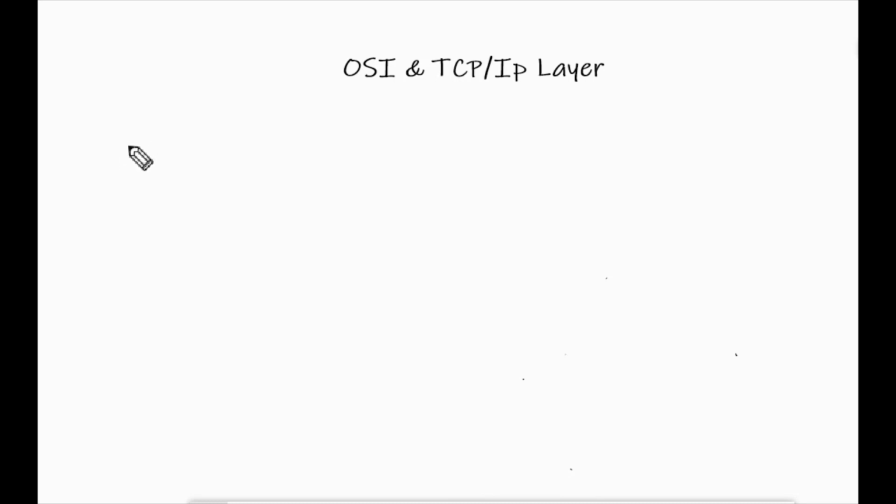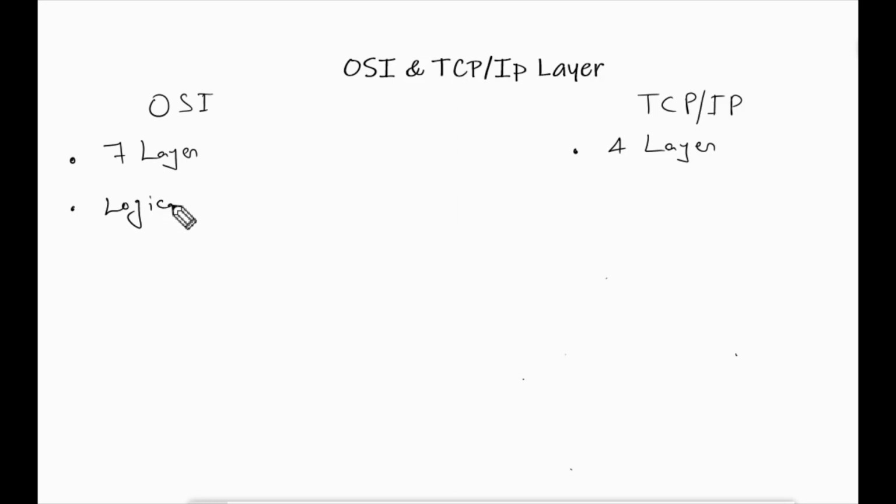So after this, let's see some basic differences between OSI and TCP/IP layer. So here we have OSI and here we have TCP/IP. The first basic difference is that OSI is a 7-layer model where TCP/IP is a 4-layer model. OSI is a logical and conceptual model that defines network communication for open systems. So this one is logical and conceptual model,